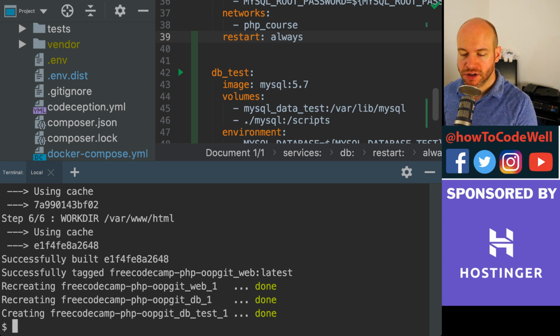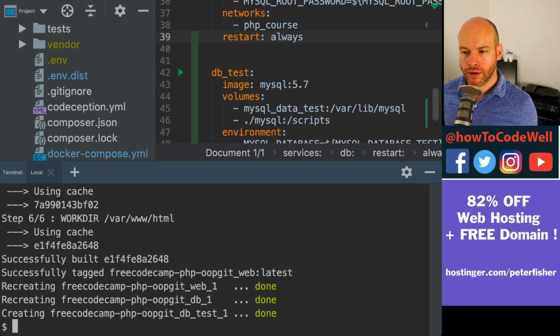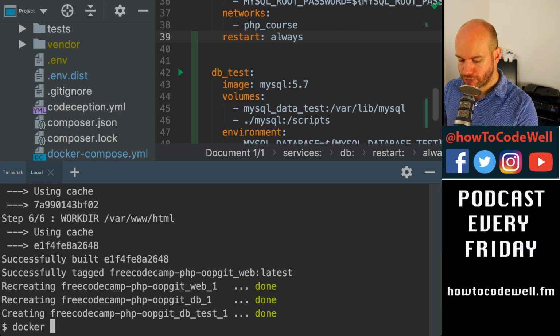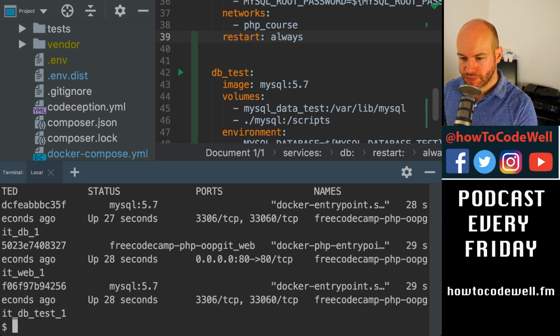And hopefully that will bring that up, and we don't have to rebuild the layers at all, because we're using the cached layers from the previous Docker image, which is great, because now we've essentially got two databases running, and we didn't have to rebuild any servers or anything for this. We were just using the same Docker caches that the previous MySQL container was using. So if we did docker ps -a, we should now be able to see that we have the DB test running here,